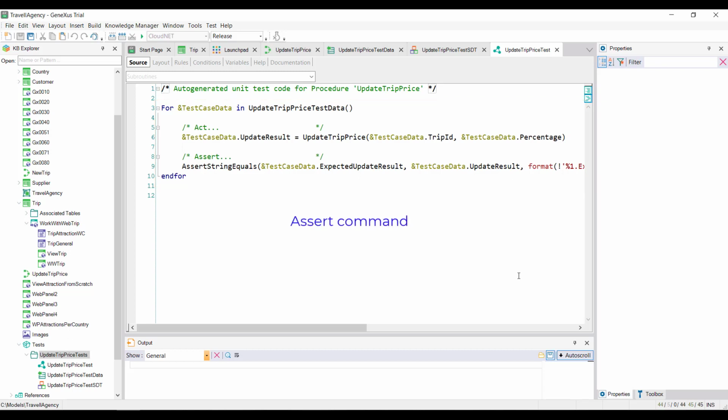What's new in the unit test is the assert command. It basically compares an expected result, defined as part of the test case, against the result obtained. If the expected result and the result obtained are the same, the test is successful and is said to pass.